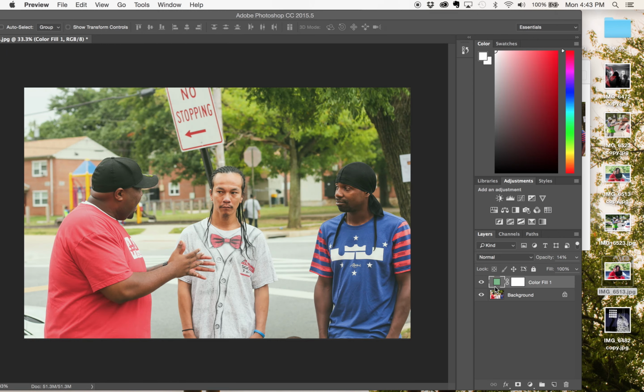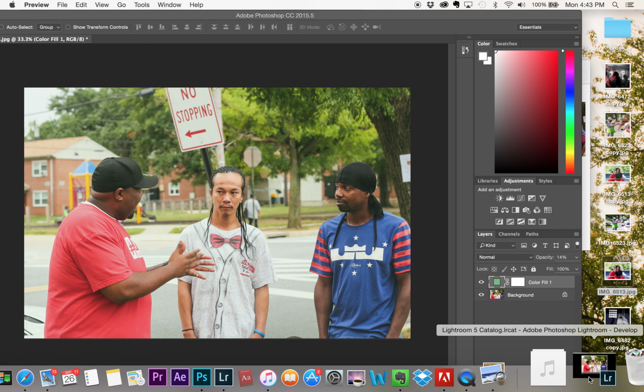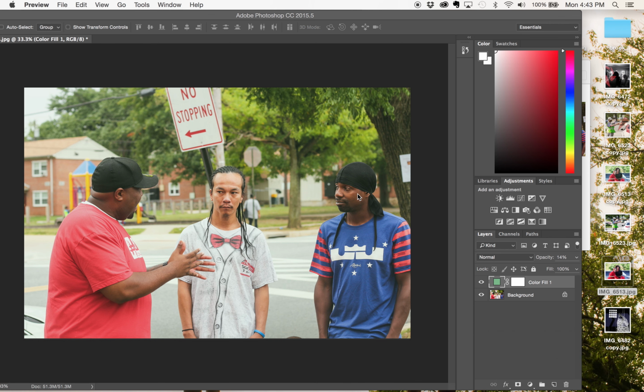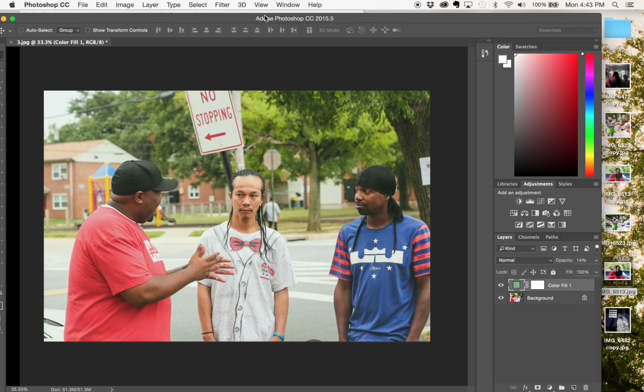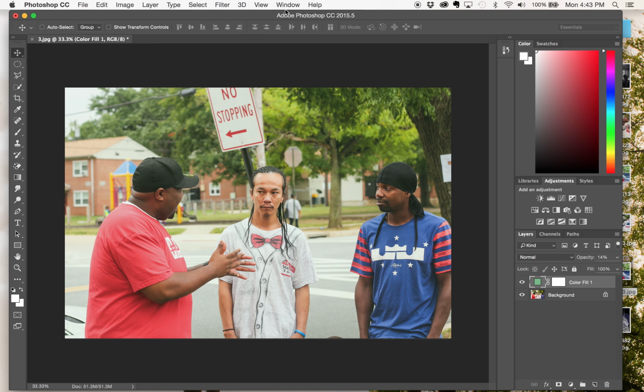So I encourage you guys to mess around with some of those different colors in Lightroom, and also in Photoshop. And yeah, that's pretty much it. Hope this little tutorial helps, and please let me know if I can